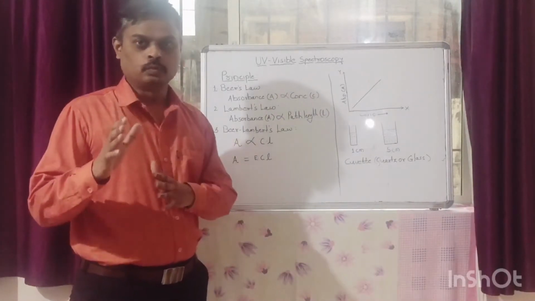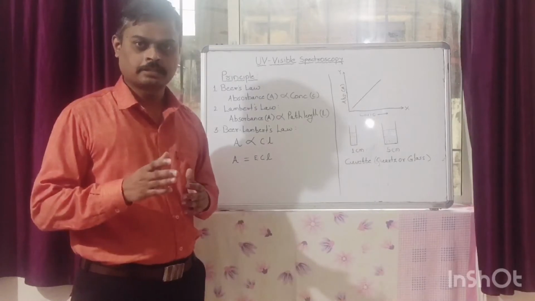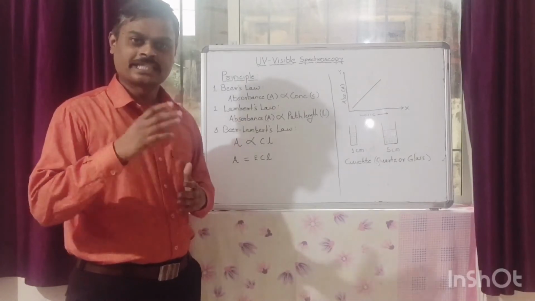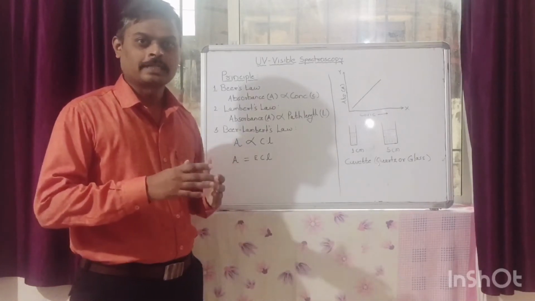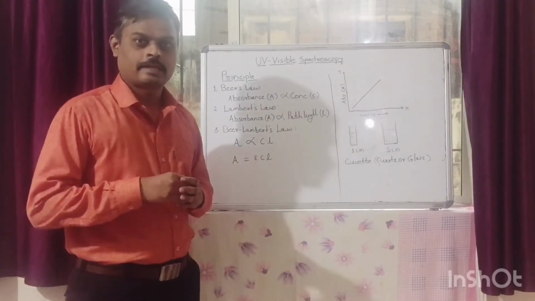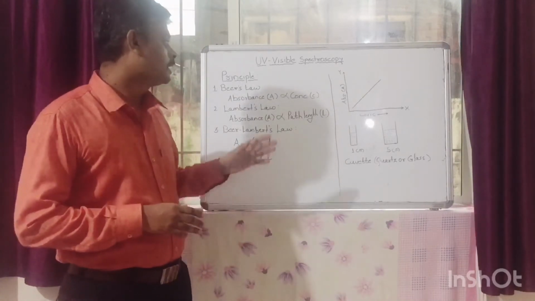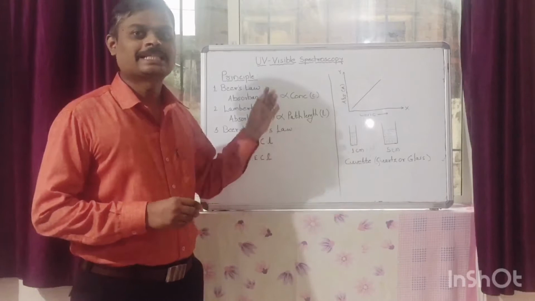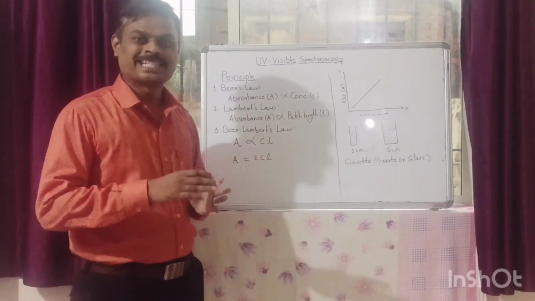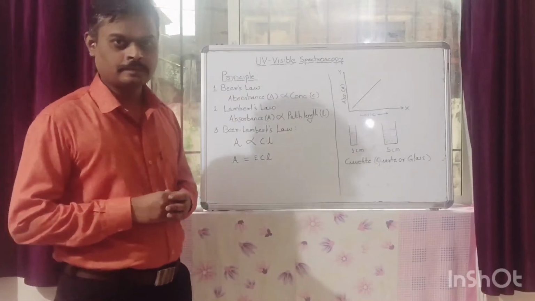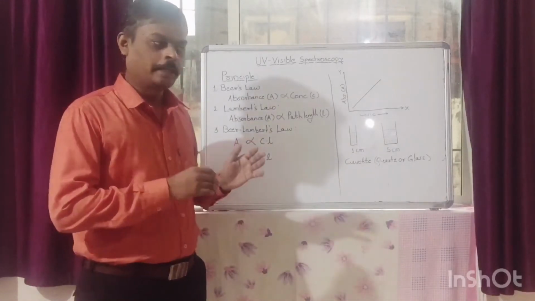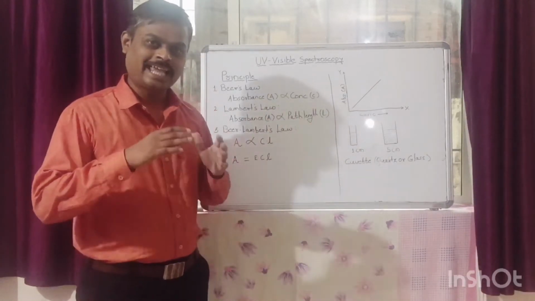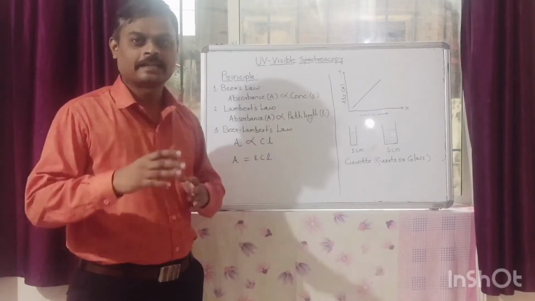In 1852, German mathematician and chemist Mr. Beer introduced his theory, which is called Beer's law. As per this law, the absorbance or the extent of absorbance is directly proportional to the concentration of the solution. He proposed that when a beam of radiation passes through a homogeneous solution, the extent of absorption is directly proportional to